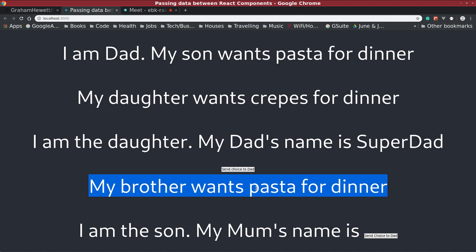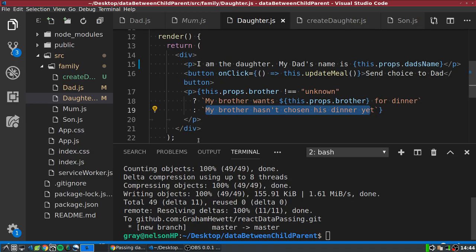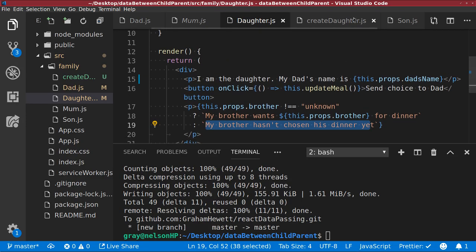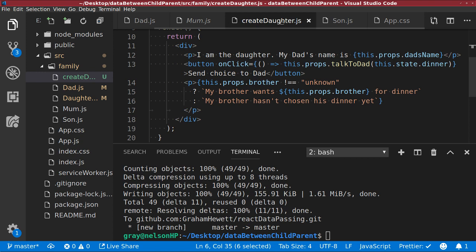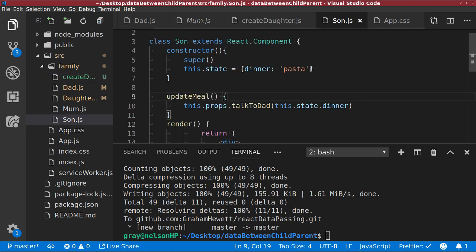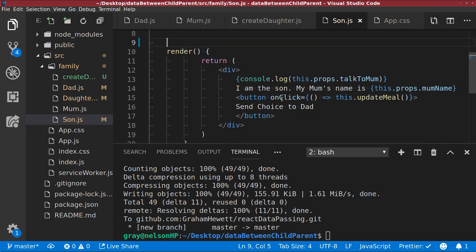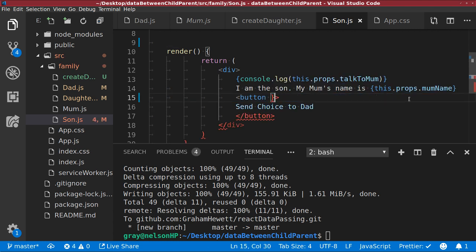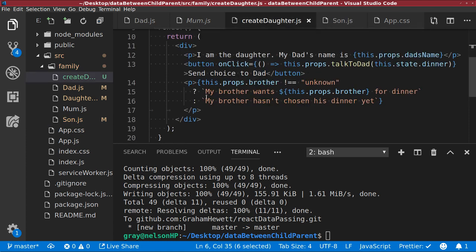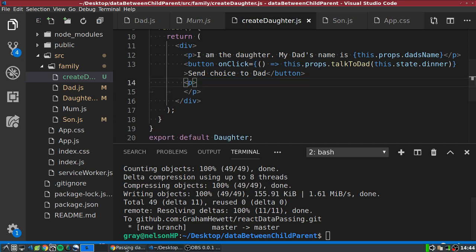So should we break it and fix it again, just to test that? So what should we break? All of it. I'll leave the create daughter one because that's the one that you've worked on. And in the son then, let's get rid of those bits. And in the daughter, let's also get rid of her paragraph saying what her brother wants for dinner. Now, if we go back to our app,